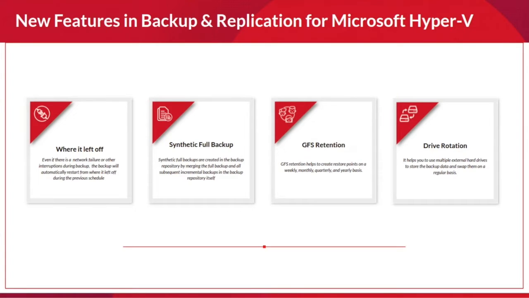For example, you have a backup job, you configure it on one external drive, and then you switch it off and turn to another external drive, and the same backup job will create a full backup on that. Like this, you can swap your external drives and continue to rotate your drives at regular intervals of time. So this is also a new feature that we have added in